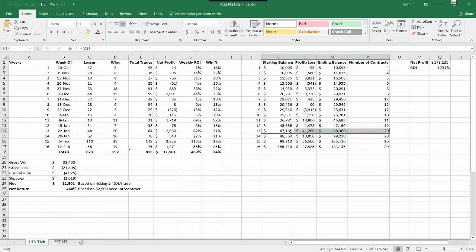Or 45 actually is the number. Once you get to 45 grand, you can trade 20 contracts. I'm never going above 20. So at this point, guys, if you have an account size of this size and you're risking on average, say, $40 a trade,